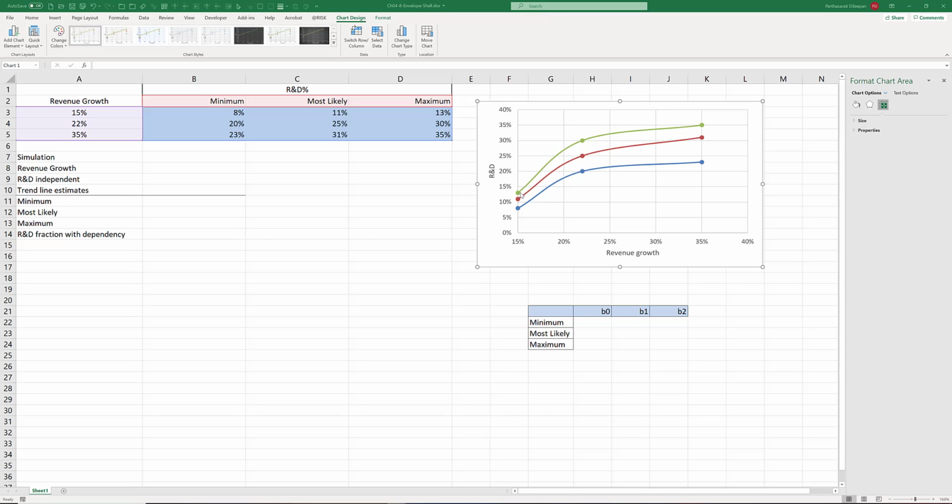Now we have to estimate a trend line for each of these sets of points. For minimum, we want a trend line, and for most likely, we want one, and for maximum, we want another. Not only do we want to fit a line, we want to find the equation, the formula for that line, right? So for that, we need to first change the